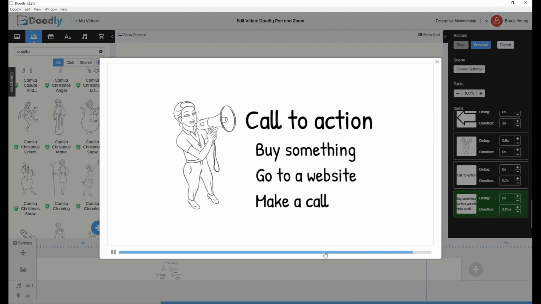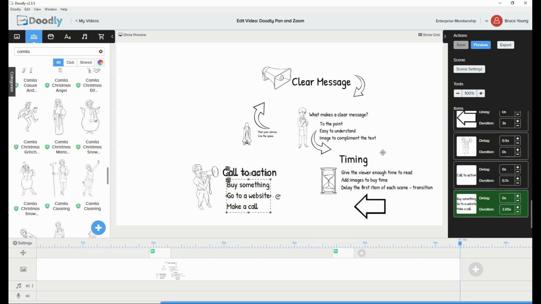So that's a nice, clear call to action right there in the middle of that content block. That pretty much wraps up creating your pan and zoom effect. And of course, you can make a much more interesting presentation than what you see here. So if we look at it from the beginning,